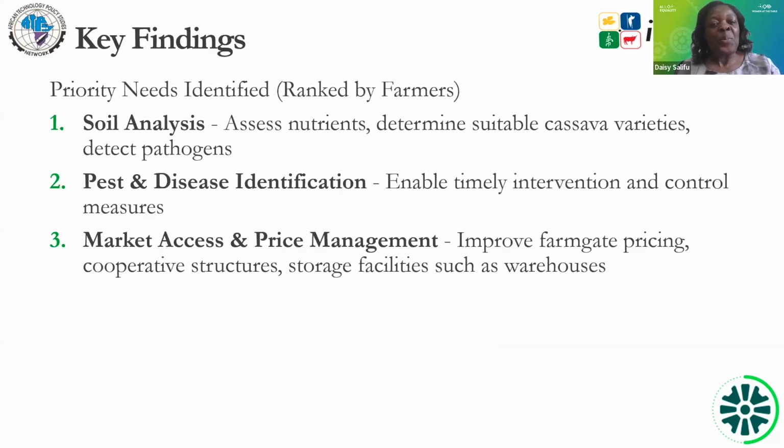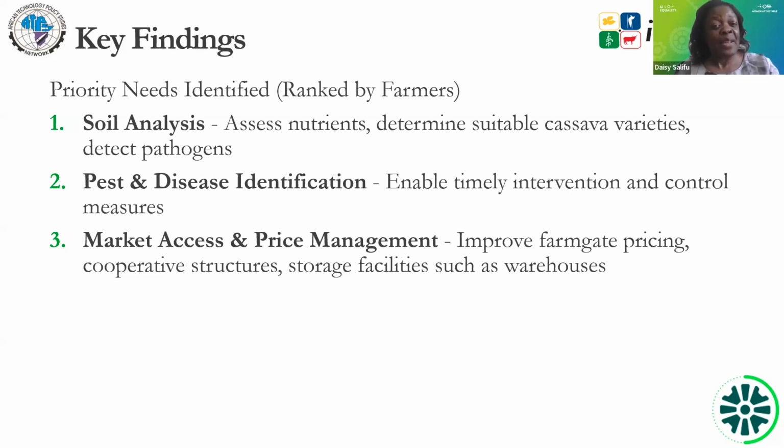Now, our community dialogue started with identifying the needs or the challenges in cassava production. And it all starts from there so that you get it right. Are we solving the need that is a priority need to the users? And this is what we got. We sat down and looked at the entire production chain and the value chain up to the marketing of cassava. And this is what the farmers ranked as the first 3 priority needs.